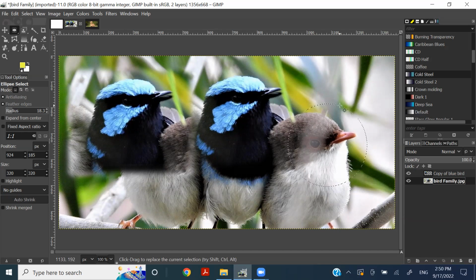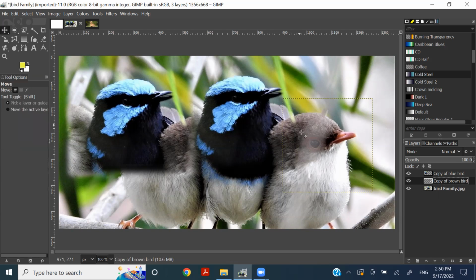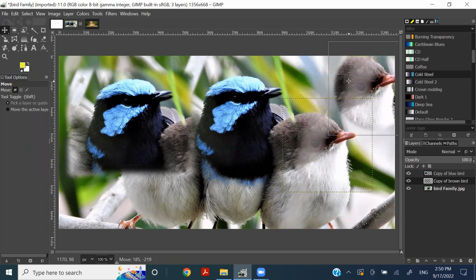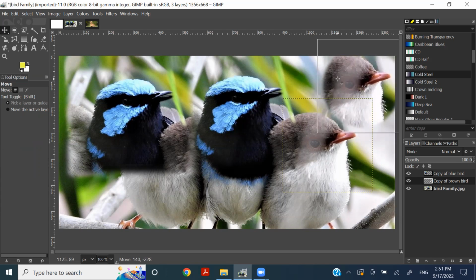So the selection has been done. Now if I make a copy and paste it, then I'm getting another one. So I'm going to make it a new layer as well. I'm going to say it is a copy of brown bird. Right, so renaming layers will be a good option when you are handling a lot of pictures over here. So you can take the move tool and you can move that particular